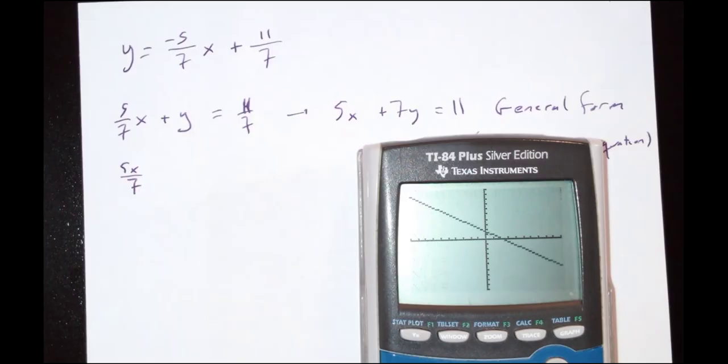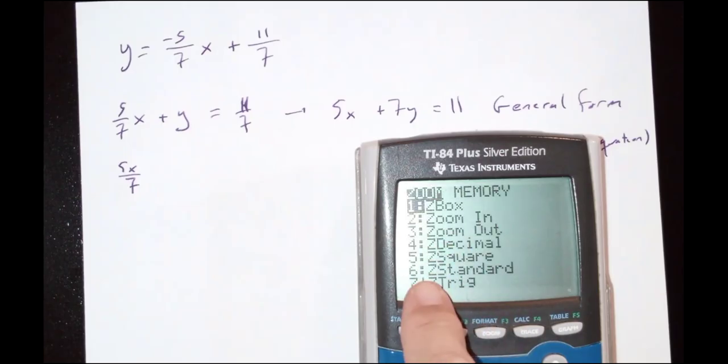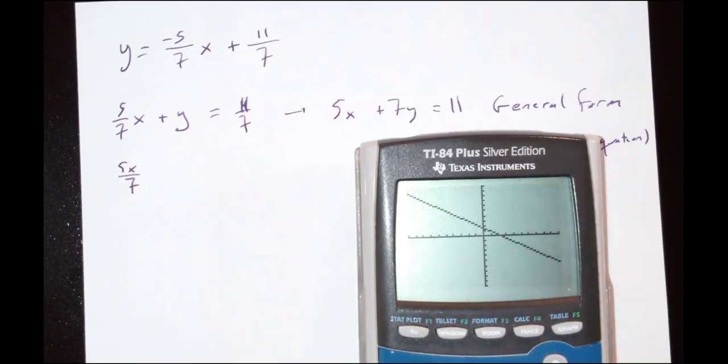We should have the intercept that's 11/7, right? So if I hit the trace button, it defaults to x being 0. That's the center of this window, left to right. This, by the way, is under Zoom Standard, option number 6. It goes from -10 to 10 and -10 to 10. If I hit trace,